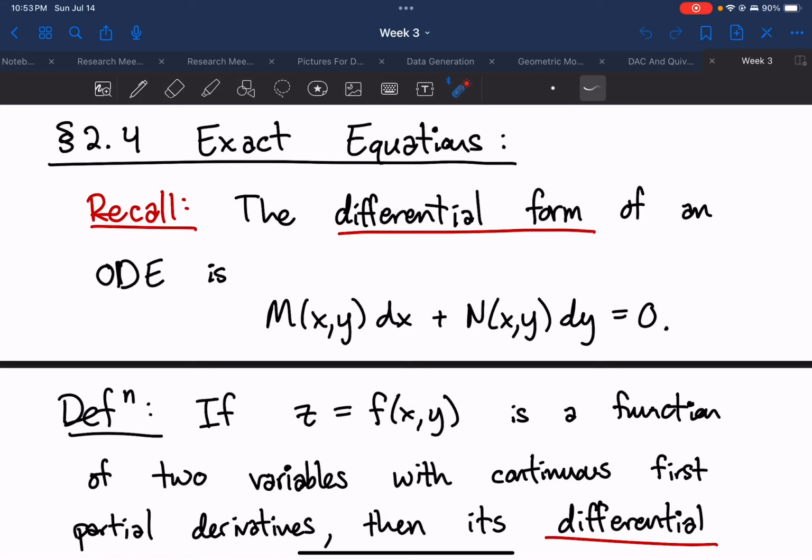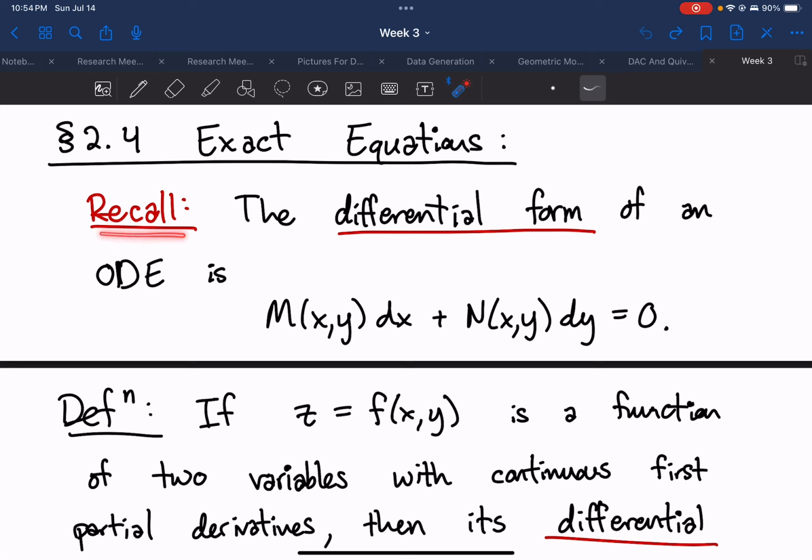Welcome back. Let's talk about exact equations. These are a little more difficult to grasp at first, but they're actually one of the easiest types of equations to solve, because they only look a certain way. Okay, so exact equations. Let's recall,